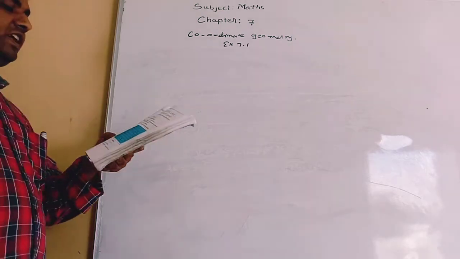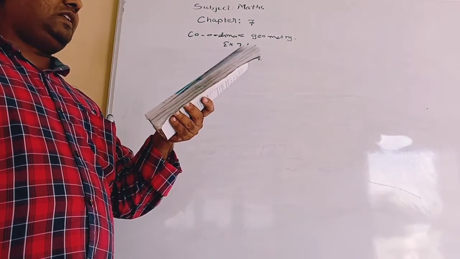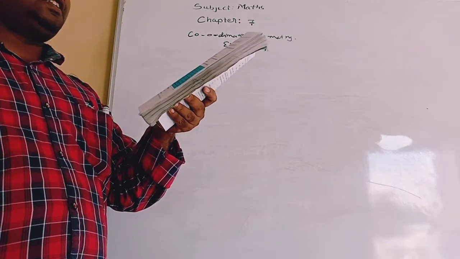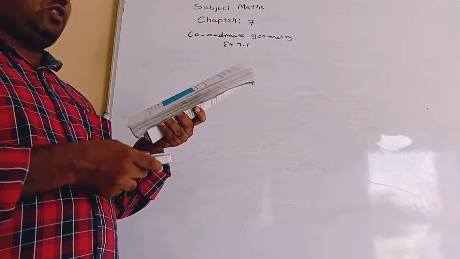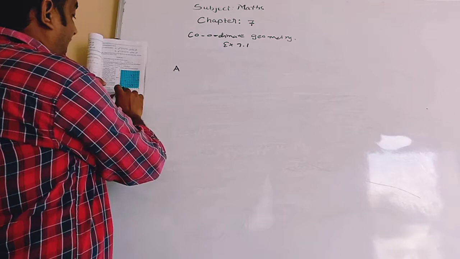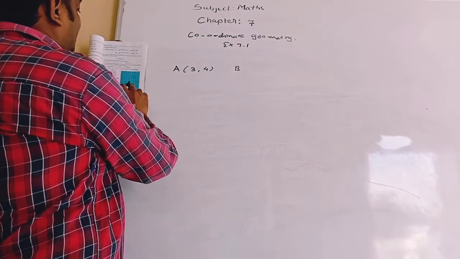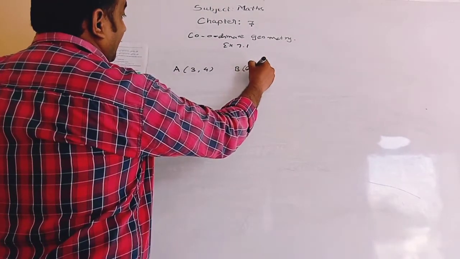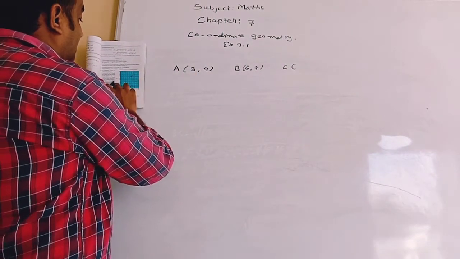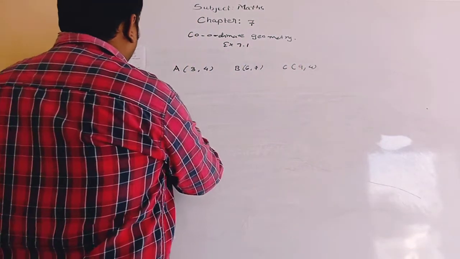Now question 5: in a classroom, 4 friends are sitting at the points A, B, C and D. Champa comes into the class, and after observing for a few minutes asks Champa, do you think ABCD is a square? From the diagram given in the question we can find the locations. The coordinates of A are 3 and 4, B coordinates are 6 and 7, C is 9 on the x-axis and 4 on the y-axis, so it is (9, 4), and D coordinates are 6 and 1.